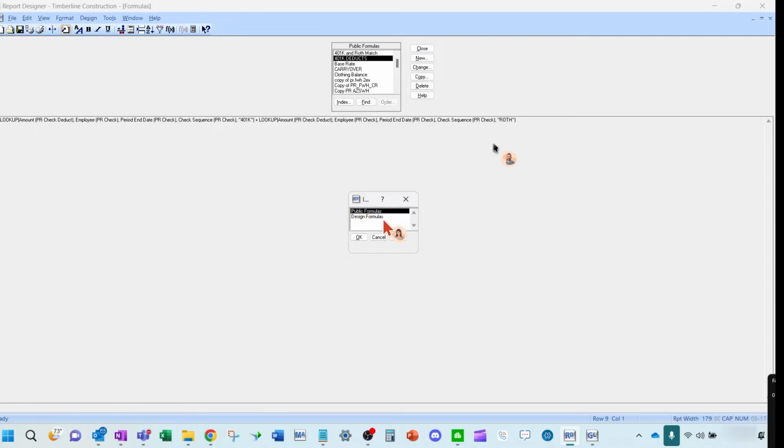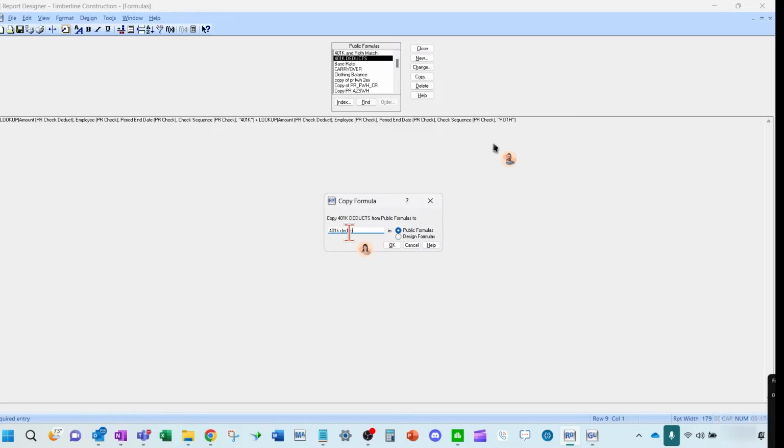So, instead of creating the 10 formulas that are the same in 10 different reports, you can have that formula pointing directly to a public formula. Now, the risk in that is the public formulas sometimes can get accessed by others and deleted. Somebody might have access to a public formula and delete it because they think it's not being used, and it's in another report. I would recommend using public formulas to share your formulas, but copying them over into the individual report's design, so it's saved inside the report.